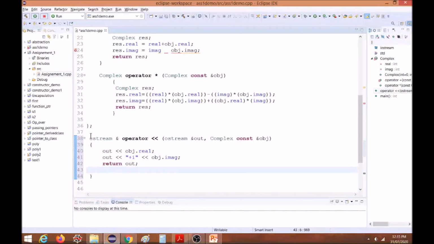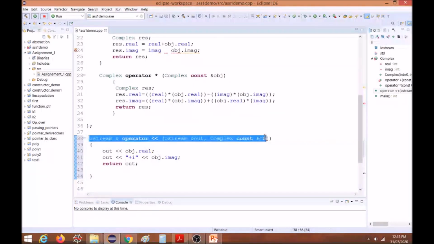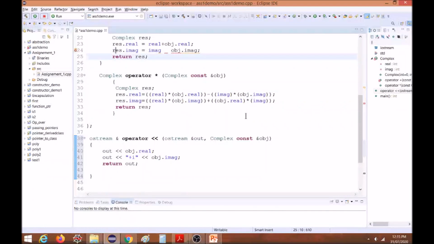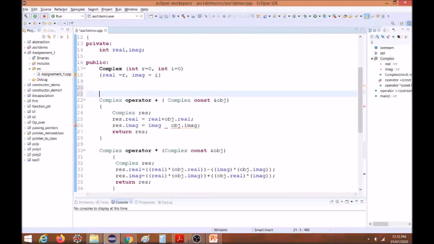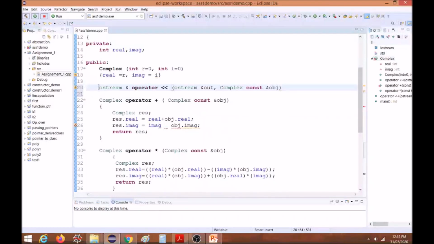Now I have written this function outside the class. How will I be able to access members of this class? So I should make this function a friend function of the above class, because I will be calling with C1, C2, those are the objects of complex. So complex should know that this is my friend. So I will write it as friend.